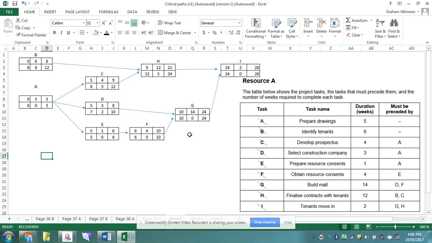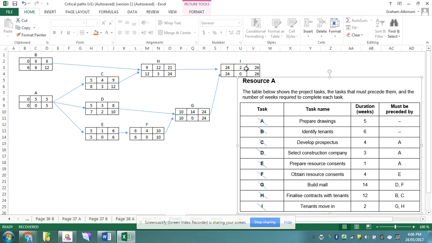Okay, so in the last video we had done the critical path and we had identified the tasks that were critical to complete the task, which were A, E, F, G and I, and that's because they all have a float of 0, and we found the minimum time to complete the task was 26 weeks. So that was completing